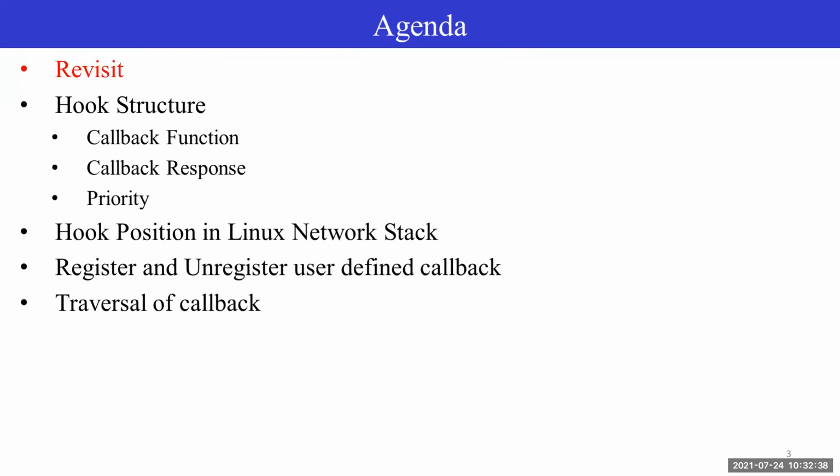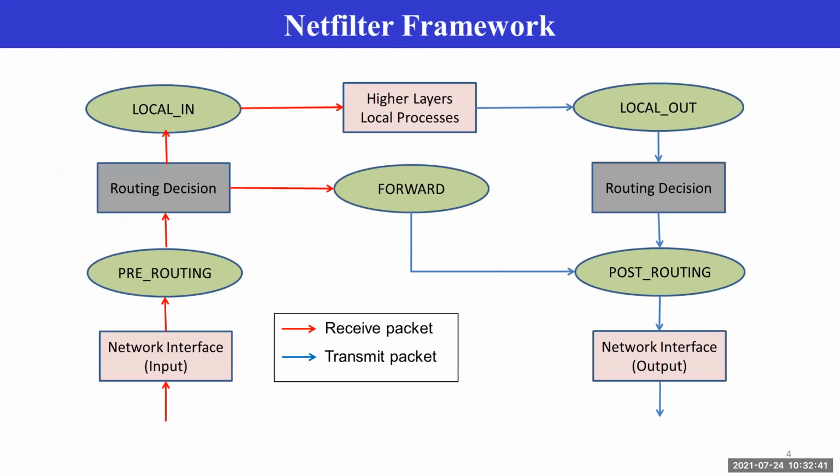Let us revisit. As we covered in our last session, there are 5 hook points: PREROUTING, then LOCAL_IN, then FORWARD, LOCAL_OUT, and POST_ROUTING. PREROUTING and LOCAL_IN are for the received packet. As you can see, the red marks are for the receive packet and the blue marks are for the transmit packet. Once the network interface, meaning the driver, which could be a wireless driver or an Ethernet driver, gets the packet,